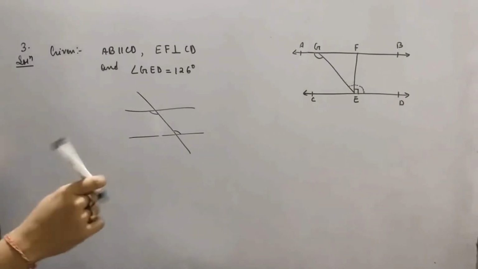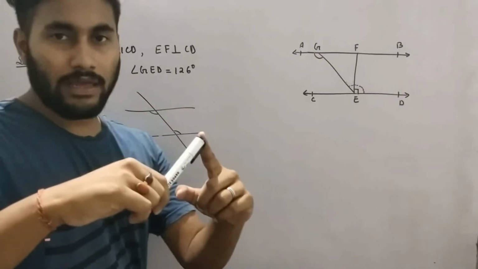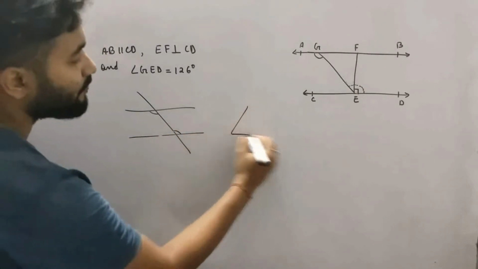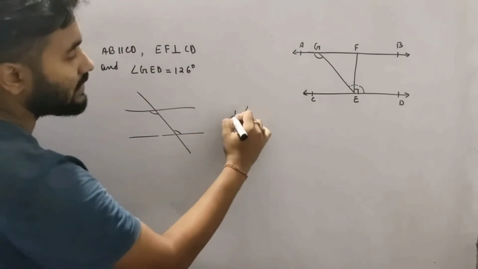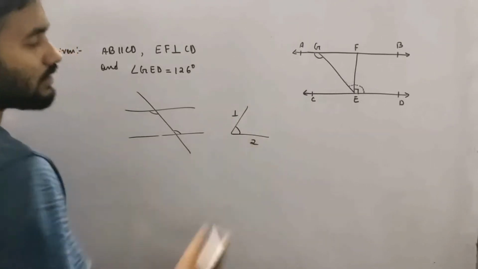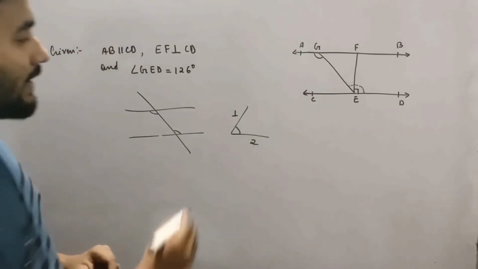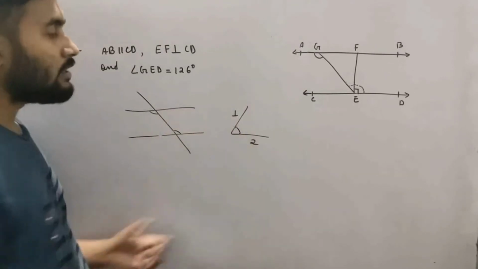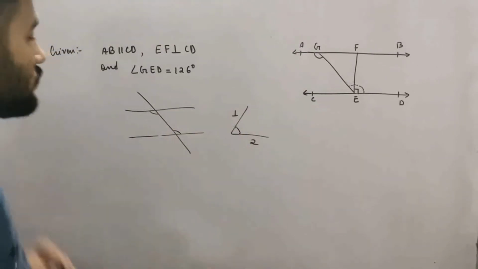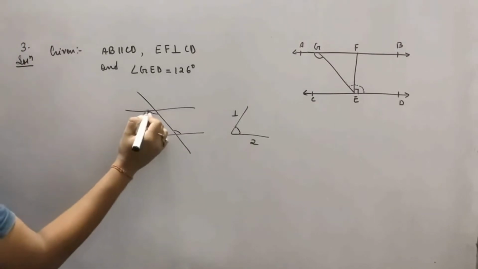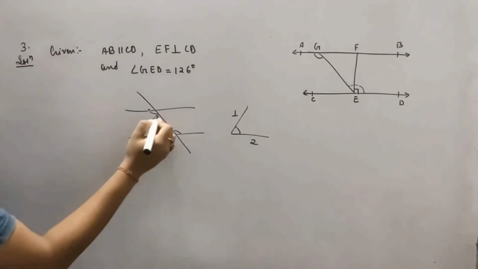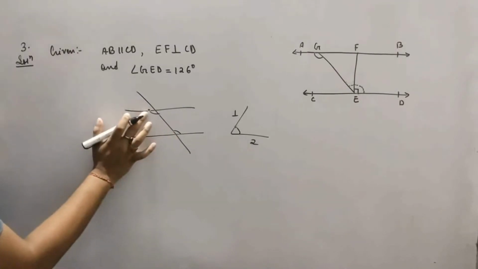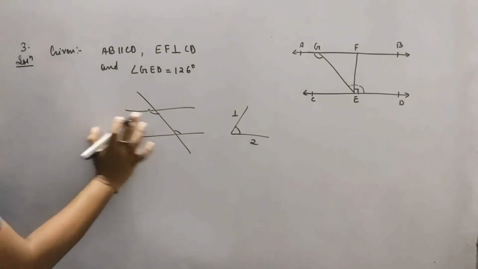Two points, okay? Since there are two arms of an angle. Right? If I draw an angle, so this is an angle. So this is arm number 1 and this is arm number 2. So an angle has 2 arms. One point touching this arm and the other point touching this arm, okay? So you see, this angle is also touching this arm and touching this arm. Means what I am saying, one point will be touching the parallel line and the other point